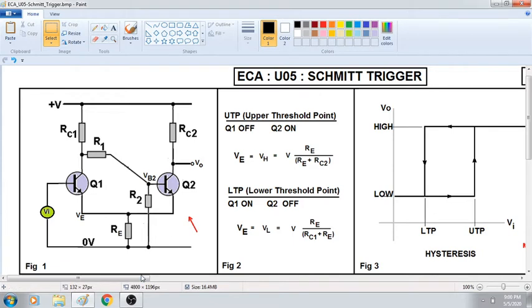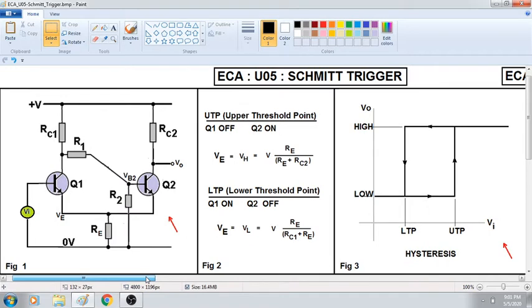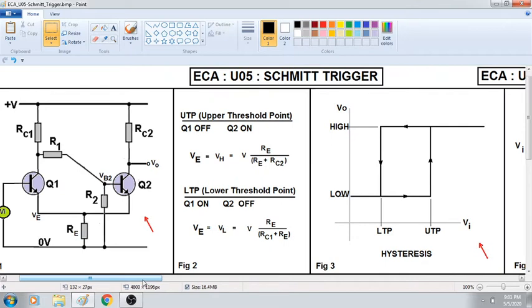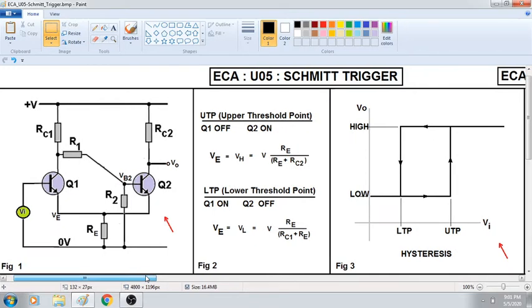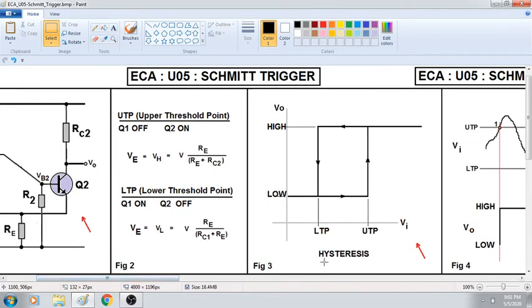Now how do we do that? We do that by trying to know some prior idea about a circuit to avoid some complication, some confusion. So this point here is, we need to remember that the circuit that is connected here will display a property which is called hysteresis. Okay, we will come to this point here, what is called hysteresis.